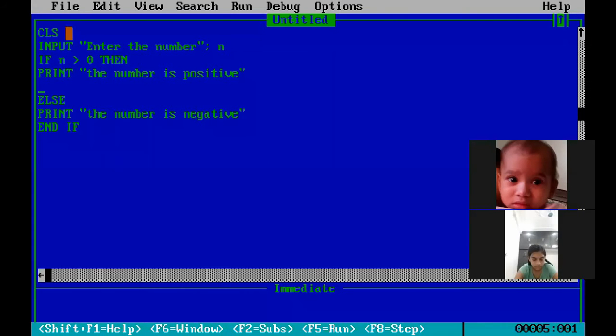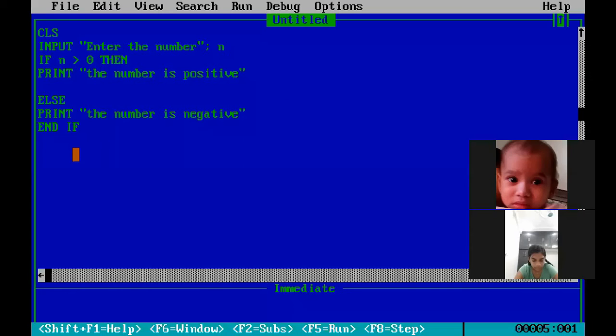If you give a minus value, this condition will not be followed, then it follows the else statement. So the if command has two states. One, if the condition is true, then the first statement will be printed as a result.